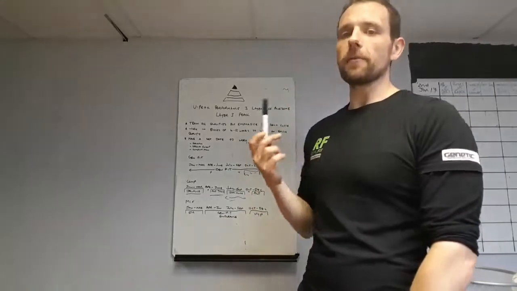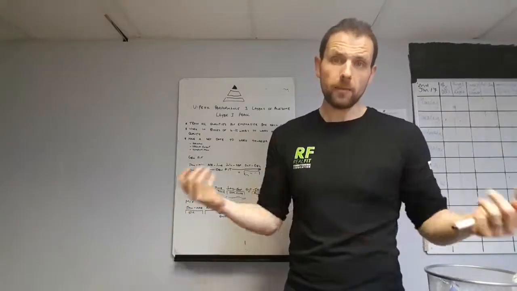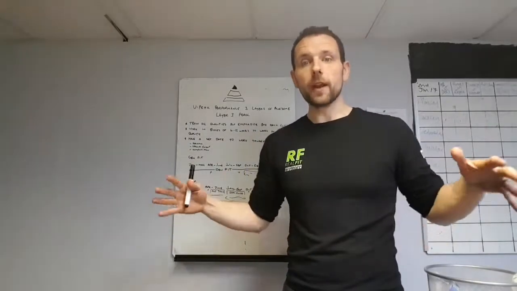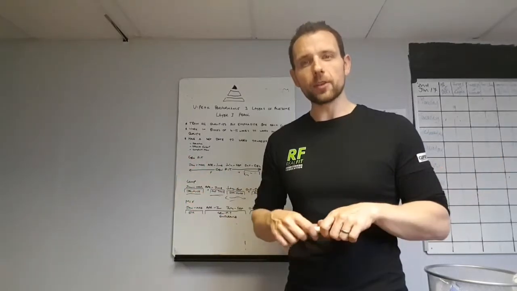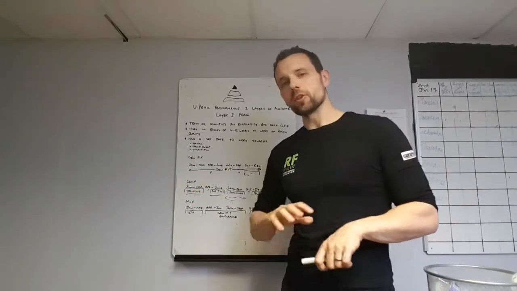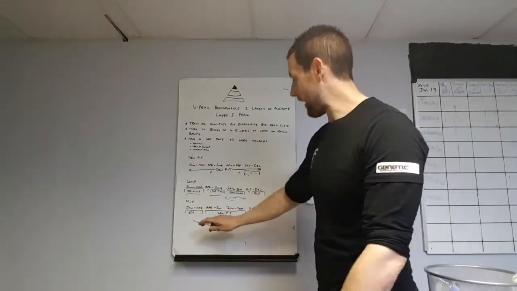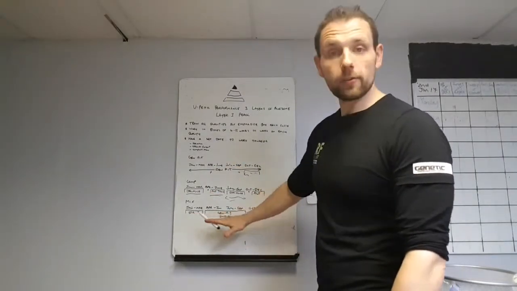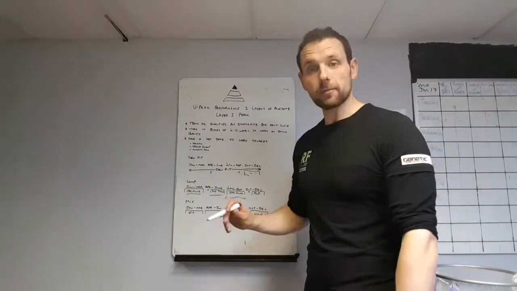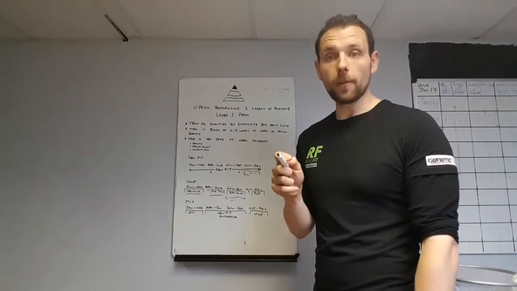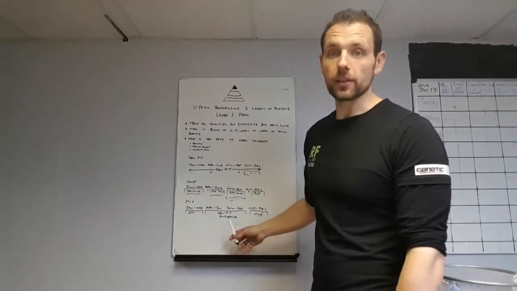Now the mix is probably my favourite, because it's probably what most general public people should probably do, in my opinion. If you're generally fit and you've not really got a season or a competition that you're building up to, this is a great way of just training through the year. Okay, and the way I structure it is, you have a strength phase, you have a general fitness and endurance phase, and you have a hypertrophy phase. So for 6 months of the year you're going to be working on strength and hypertrophy, and for 6 months of the year you'll be working on general fitness and endurance.